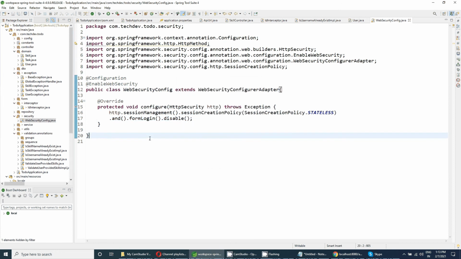In my last videos I have shown you how you can disable the form login and how you can maintain the stateless session using the custom HTTP security configuration.